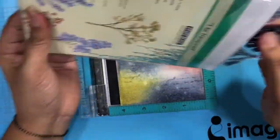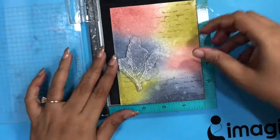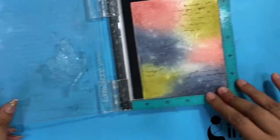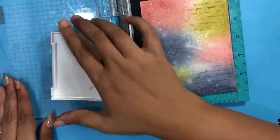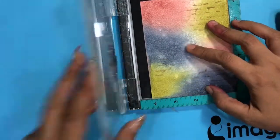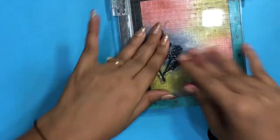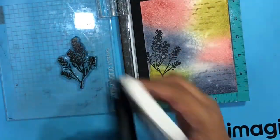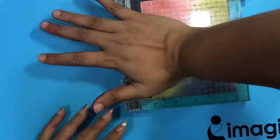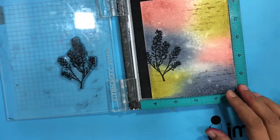Now this is that Penny Black stamp I was talking about, and I really love the silhouettes and the solid black images in this stamp set. So I used my stamping tool and my VersaFine Black Onyx ink, which is super sharp and crisp. But since this is a watercolor paper, I wanted to go at least twice with my stamping, and this is what I did. So I repeated the same steps three more times, and that is how I finished the